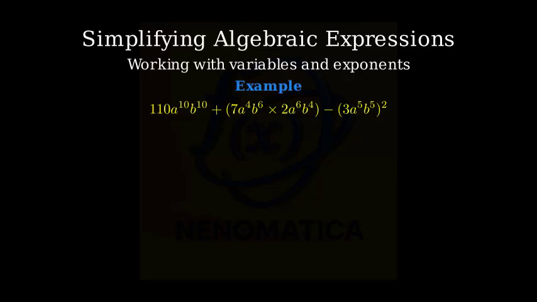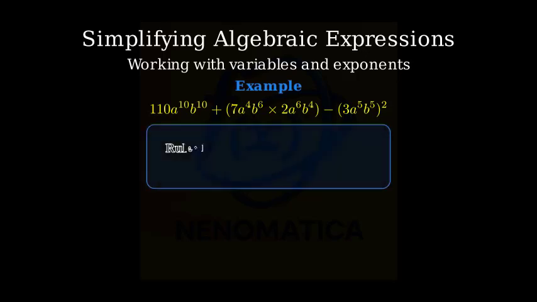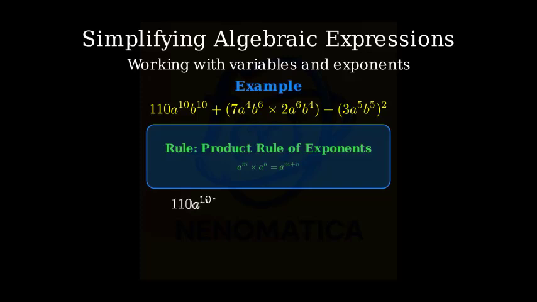Let's simplify this expression one term at a time. First, let's focus on the middle term. We have 7a to the 4th power b to the 6th power times 2a to the 6th power b to the 4th power. Using the product rule of exponents, when we multiply terms with the same base, we add the